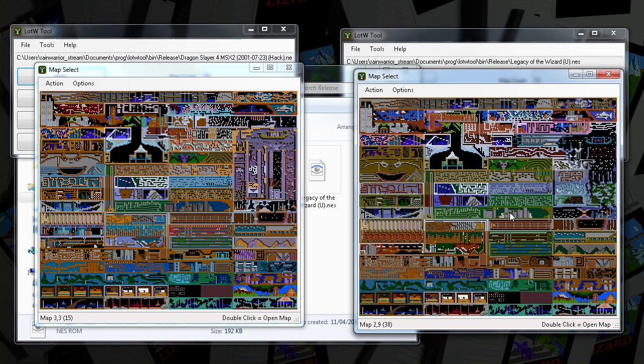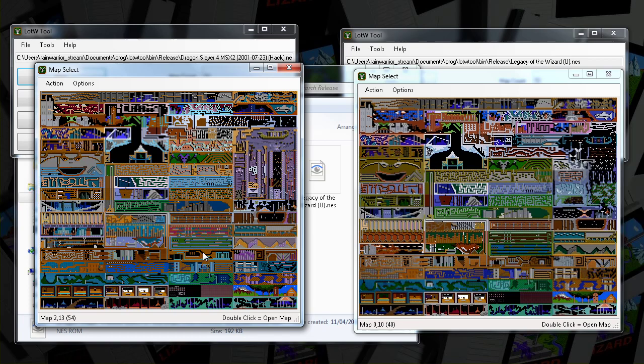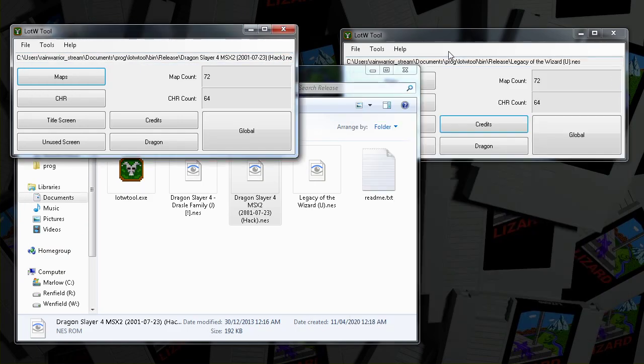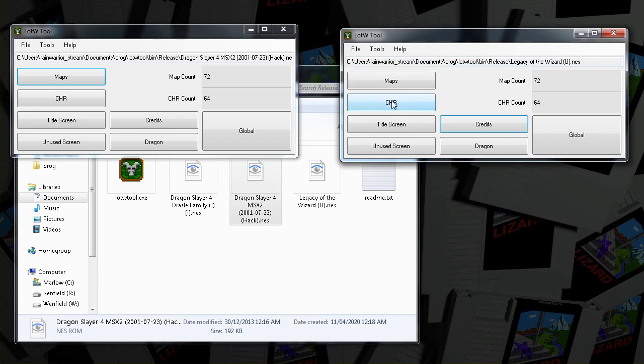As far as I know, everything works. If someone ROM hacked the code significantly, it might have some incompatibilities, but I haven't noticed anything that breaks in the editor yet with this ROM hack. I don't know if there are any other Legacy of the Wizard ROM hacks out there, but this tool should potentially work on any of them that haven't changed the map formats too much.